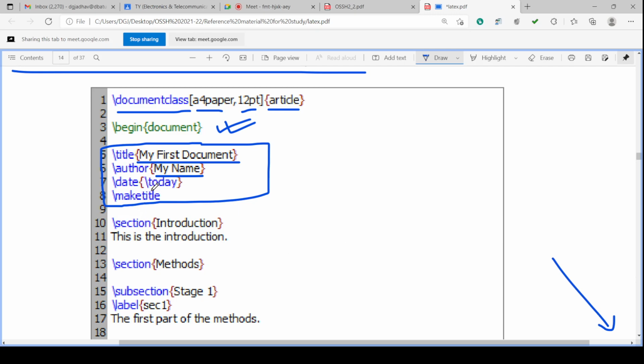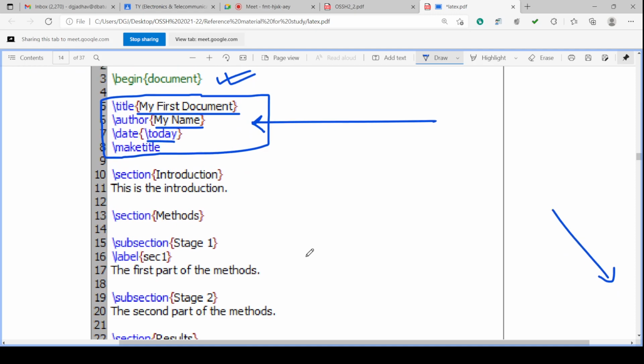So the date will be \today. \today is also a command. This command takes the date from here and places it directly here. Then \maketitle. So this is about the making of the title.